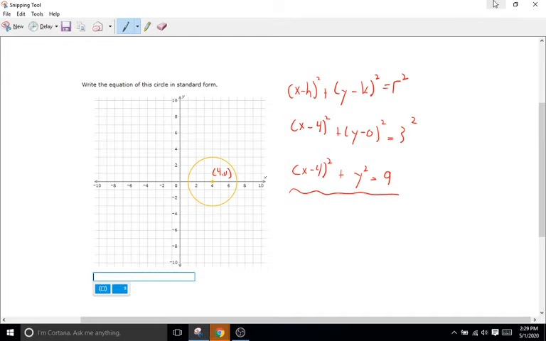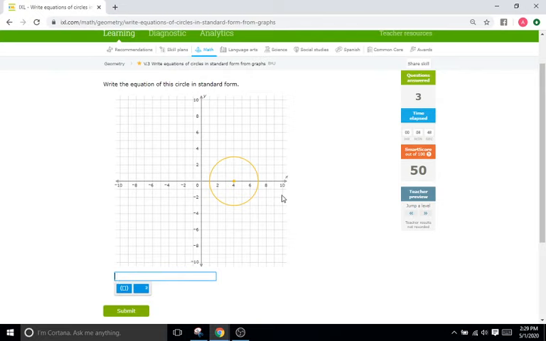So x minus 4 squared. So we'll go x minus 4, press the squared button, plus, and then it's just y squared equals, and we said it was 9. All